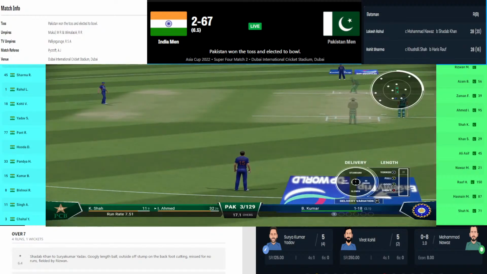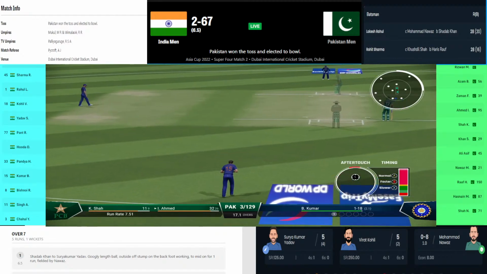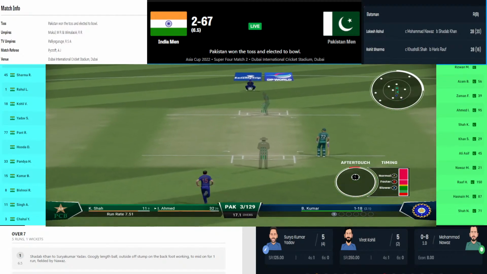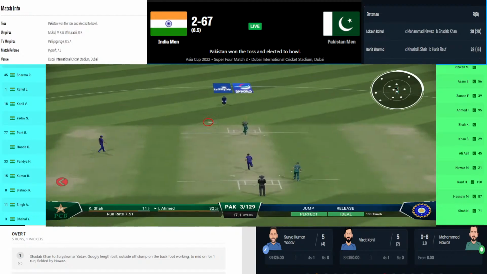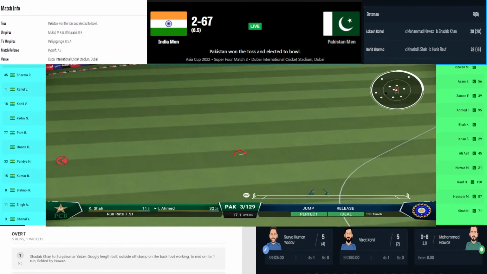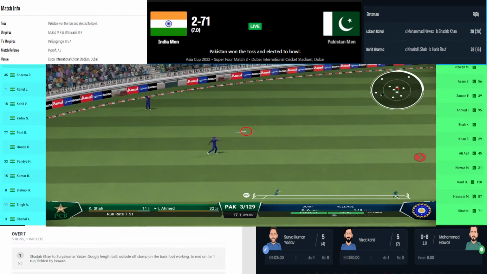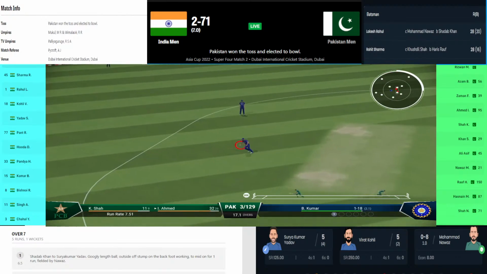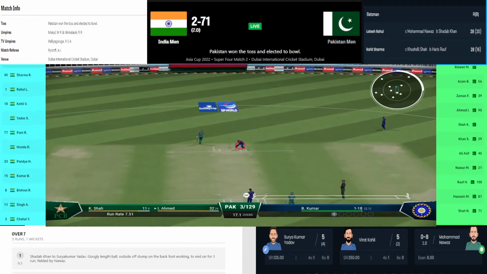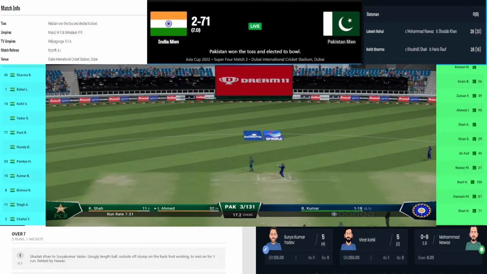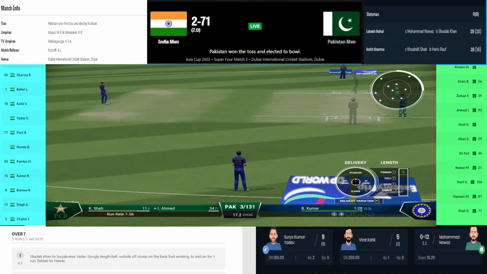This time it's against Kohli. Kohli just puts the ball in the gap between deep square leg and cow corner for 4. Again, short of length delivery. Kohli just reads it in advance, just puts that ball in the gap for 4. So it's a 4.20 over. And after that over, India's score is 71 for 2 after 7. Still, India's run rate is above 10. That's the good news. But they have to continue like that till the 20th over in order to put up a pressure kind of thing on Pakistani batting lineup.